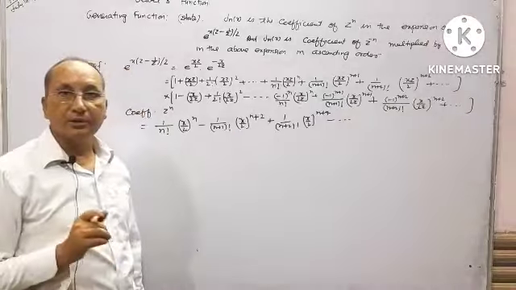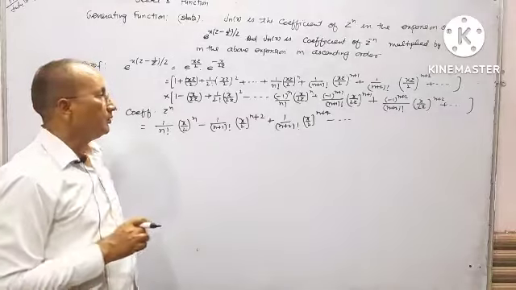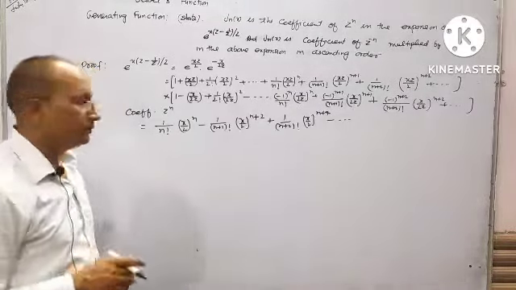Factorial n means gamma n plus 1. Factorial n+1 means gamma n plus 2. Factorial n+2 means gamma n plus 3. We may write